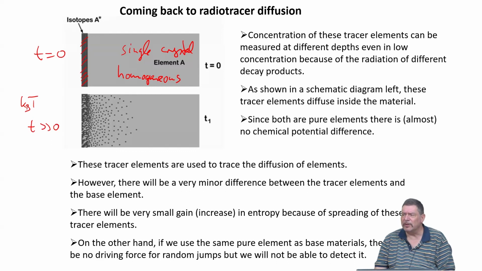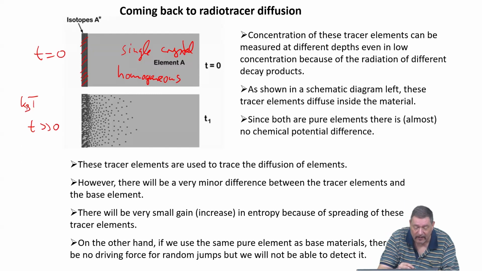So what do I do now in order to measure the diffusion coefficient? Because this is what I want to measure. For this specific annealing temperature and also annealing time, I want to know what the diffusion coefficient is. What's the kinetic coefficient for the atoms diffusing into the single crystal? And the atoms are the same type of atom as the crystal is made out of. So what I do then is I interrupt